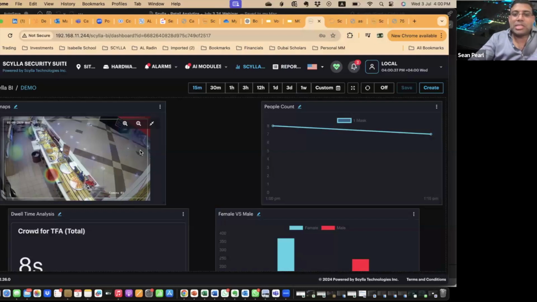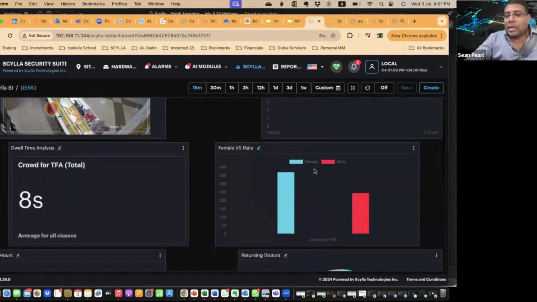Now you can have this defined based on how long a period you're looking at. Is it for a period of 15 minutes, 30 minutes, 1 hour? I've just chosen some sample values to give you an indication of how much actionable data can be made available from the system. So heat maps is one. The people counts, this is pretty standard. You just set up tripwires on people coming in and out, and you have a count. This again, you can define based on what sort of time duration you're looking at.